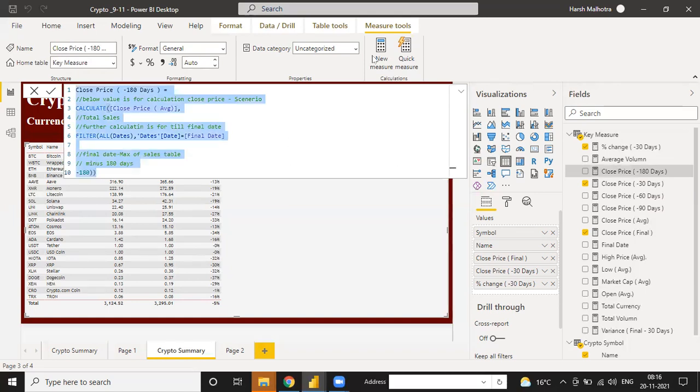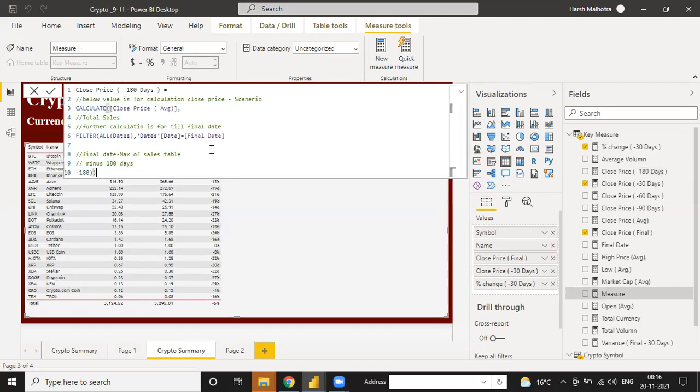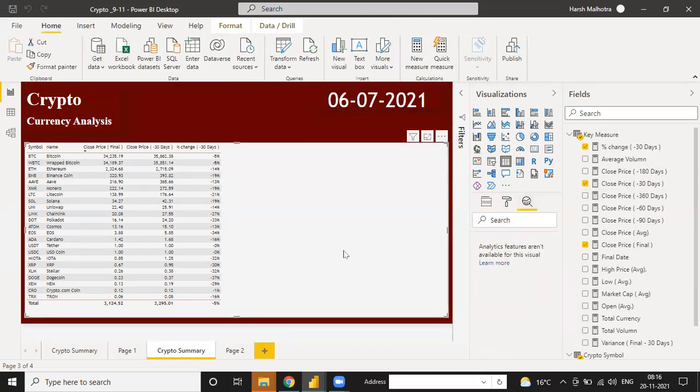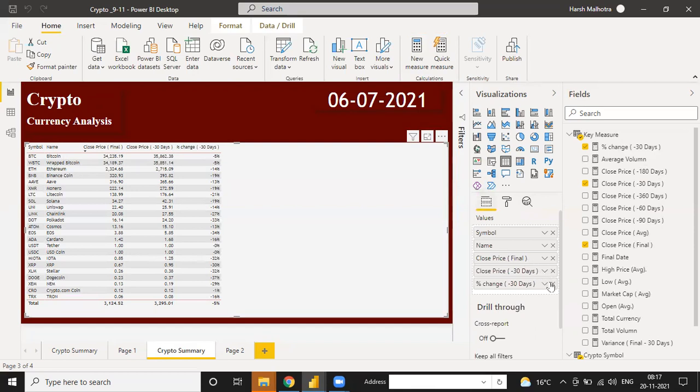In the same way, click on new measure, and instead of this 180, you can select minus 360. So now we have all the measures. Let me select this and go to the visualization.